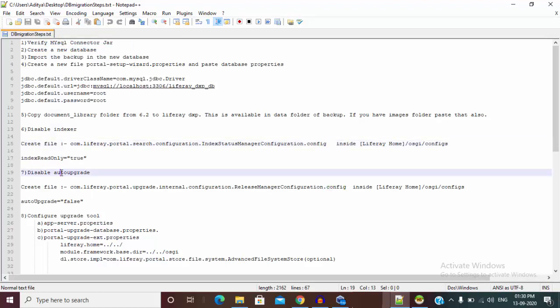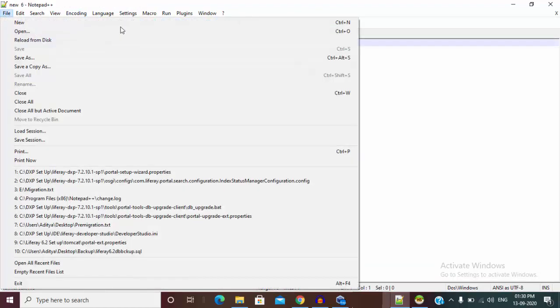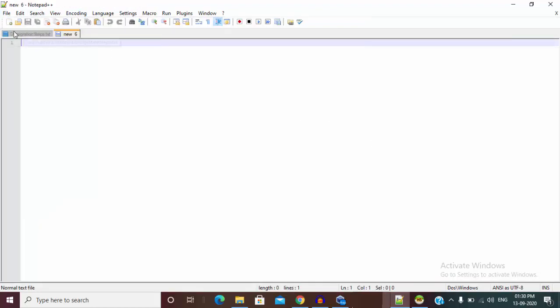Similarly, we need to create one more file, to disable auto upgrade. So this is the name of the file, and inside this file we need to write auto upgrade equals false. Similarly, let me first copy the name.